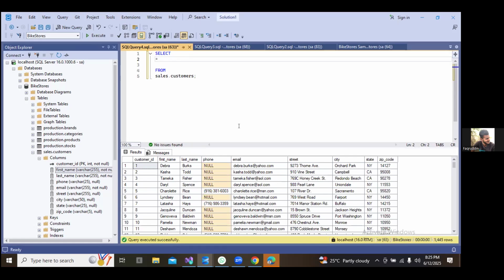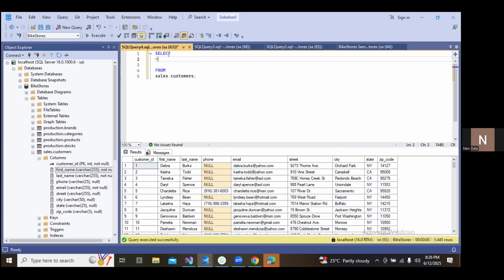The other way around is we can select the column list and pass it. Here we have only a small number of columns. Is it possible to list them if you have 100 columns? No. If we need all the columns, we are going to use star. But going forward, it is always recommended